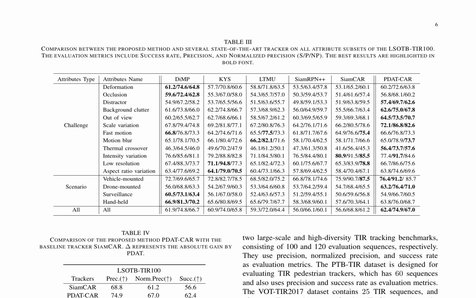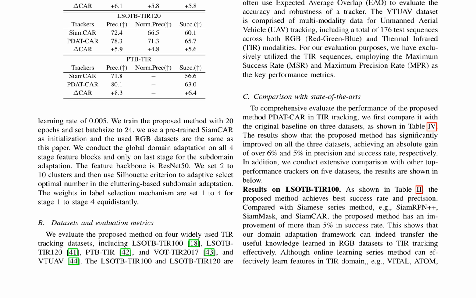This comparison with other top performance trackers on 5 datasets, including LSOTB-TIR 100, LSOTB-TIR 120, PTB-TIR, VOT-TIR 2017, and VTUAV, demonstrates the effectiveness of the domain adaptation framework in transferring useful knowledge learned in RGB datasets to TIR tracking. The results highlight the potential of PDAT-CAR for enhancing TIR tracking performance, particularly in scenarios with thermal crossover, motion blur,